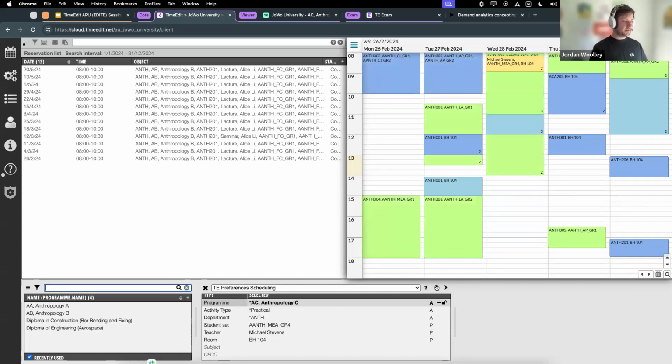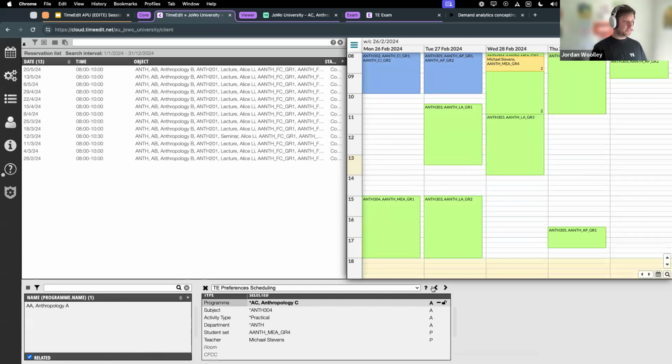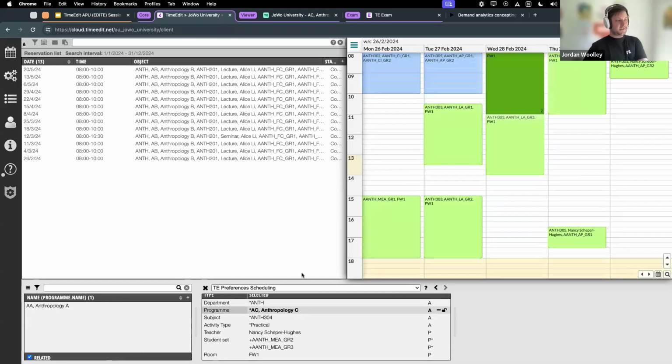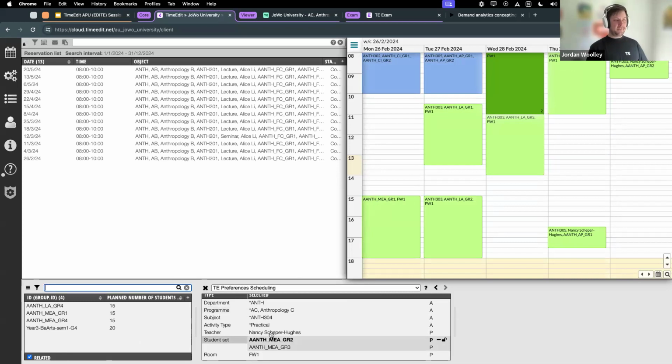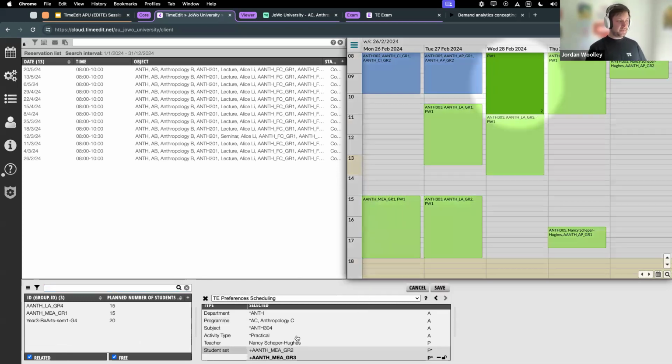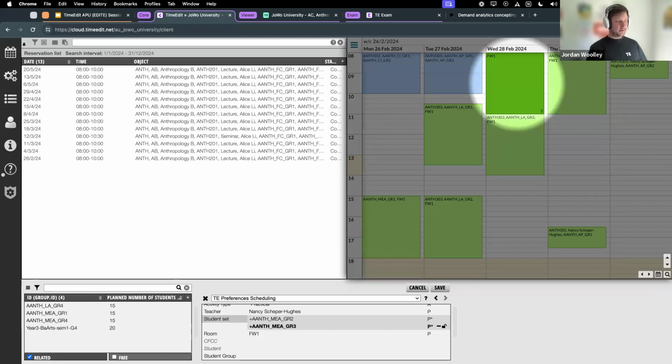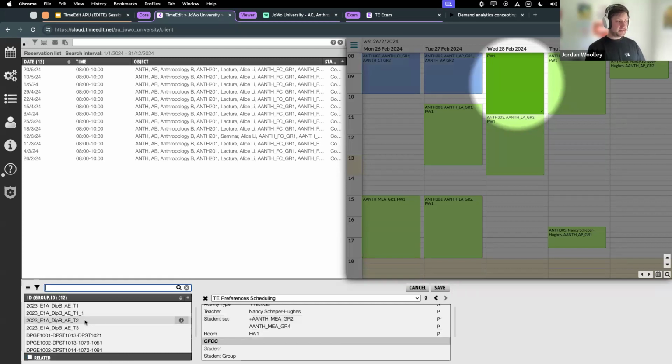where we merge some classes. Right, let's merge some classes. So here I have group 2 and group 3. If I want to change this reservation to include group 4, I can see here MEA group 4 disappears when free is selected. So in order to put them on there, I need to untick free, so I know that they are going to create a clash. I need to select them,